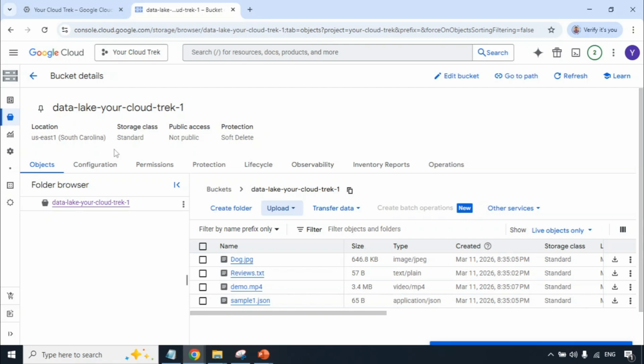Again, this is just a visualization. Real projects have so many policies, so many restrictions, so many security aspects, governance, and so on. Remember this is only to help you visualize what a data lake looks like in Google Cloud. In reality, it involves a lot of other things. So I hope this makes things at least a little easier, as this is the first time you are seeing the Google Cloud Console. But don't worry, we are going to cover each and